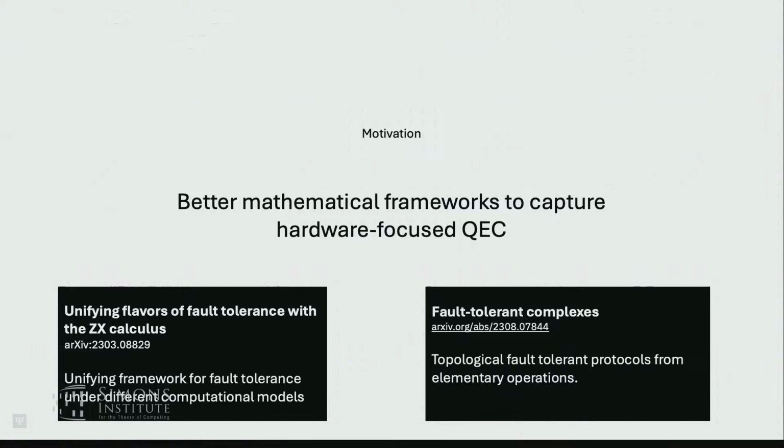So the first piece is based on the ZX calculus and how we can use that language to describe fault tolerance, and how that's been a really useful tool for us in looking for similarities and understanding the underlying structures between different schemes. And then the second piece, fault-tolerant complexes, is specifically about topological error correction and trying to really extend this topological construction, interpretation of systems to even the case where we're starting from elementary basic gate level